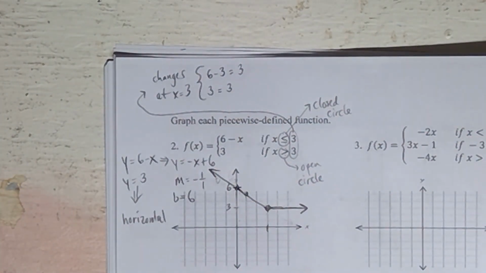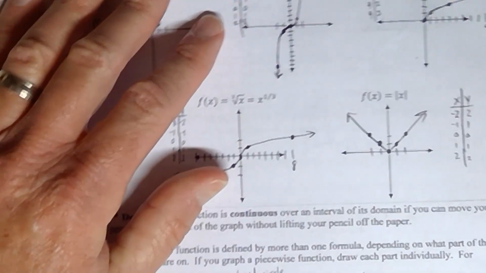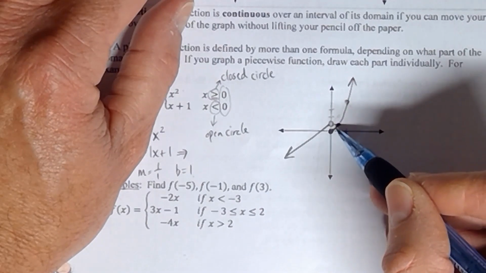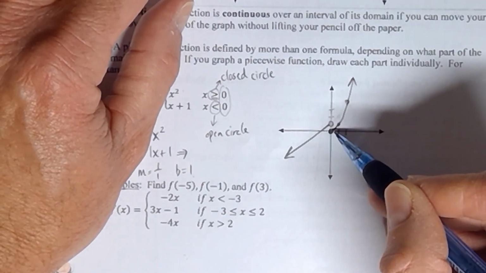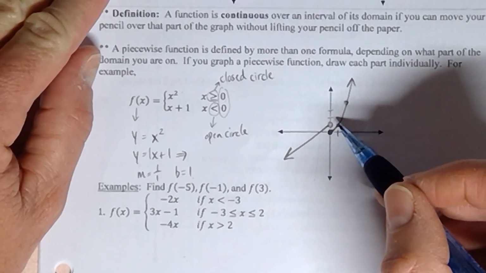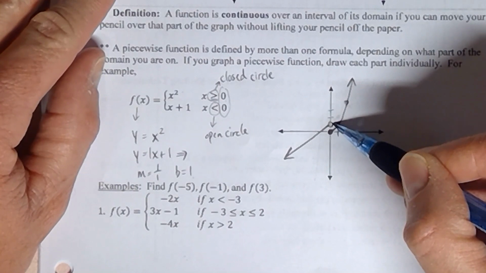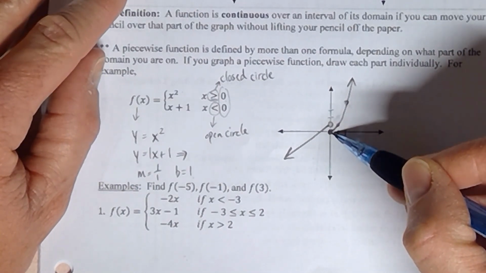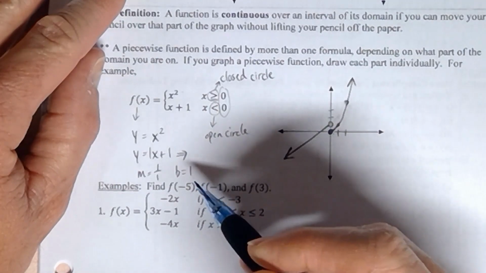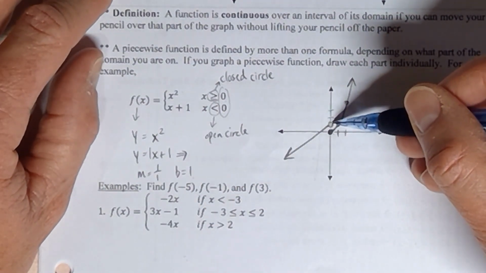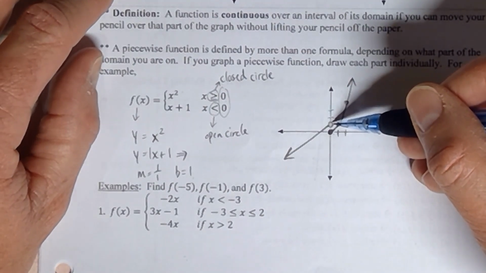Okay, the reason why I didn't do that last step on the previous problem, you guys, is that you can see here that the graphs ended at 0. This one went up to 0, and this one came down to 0. 0 is where they both end, x equal to 0. But I was already certain that the graphs ended at y equal to 1 for the open circle and y equal to 0 for the closed circle, because I knew exactly what the graphs look like at x equal to 0. I knew that the y-intercept was at x equal to 0, because x equal to 0 is